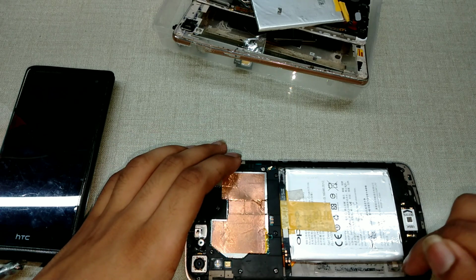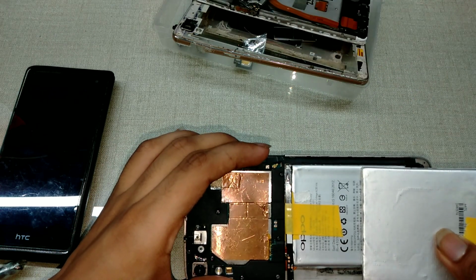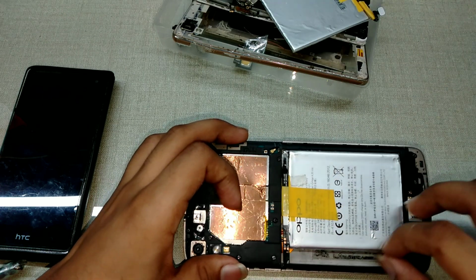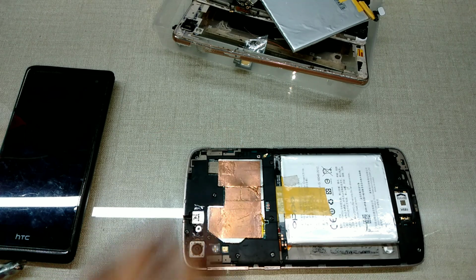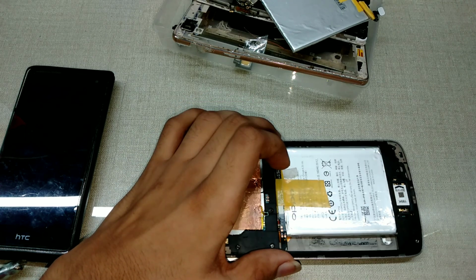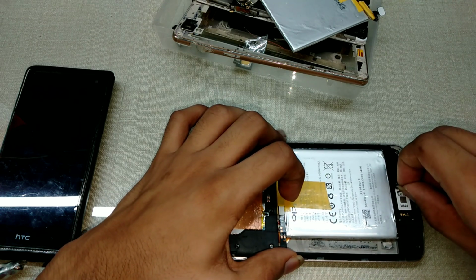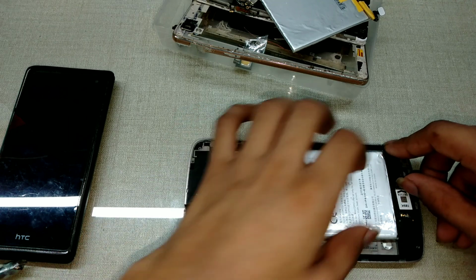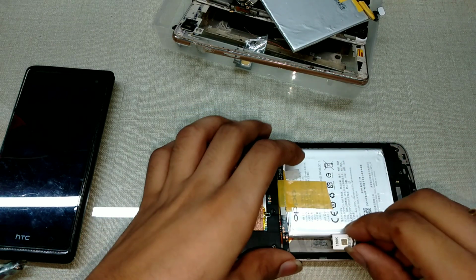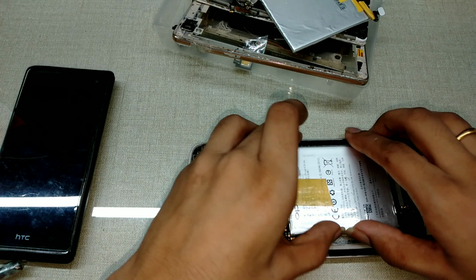bypass the speaker wires and utilize this space. Like you can see that in the old HTC phone it was taking up the whole space. Okay, but now we have a lot of space right here. The dimension is 0.8 centimeter by 7 centimeter. So I can utilize this space with okay. So as you can see, they can fit in this area